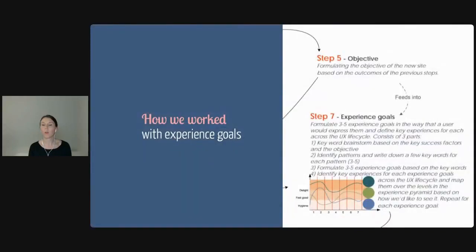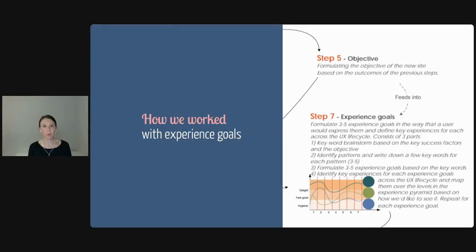And they worked like this. SonyEricsson had a very clear product lifecycle, from awareness to consideration to purchase to the first day after you've opened your phone, and so on. So what we did for the website redesign was that we looked at, for example, the objective of everything. We looked at the vision and the mission statement, and then we started defining three overarching experience goals for the website. One of them was: the website knows me and what I want. And then we looked at each phase in that product lifecycle, and we broke that experience goal down to something a bit more tangible, something that can translate to that specific point.